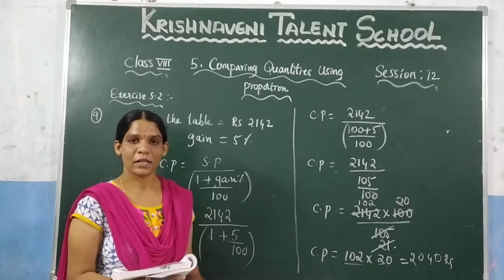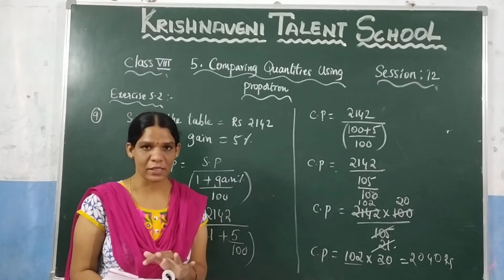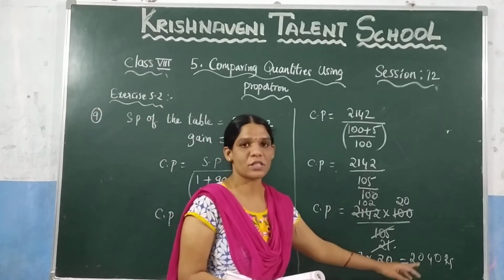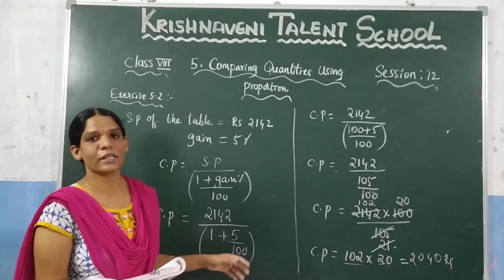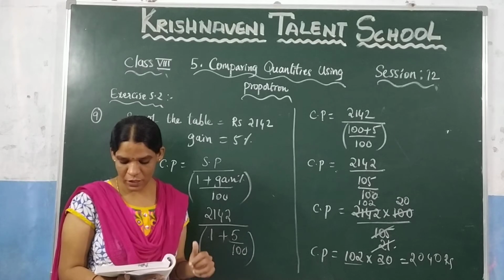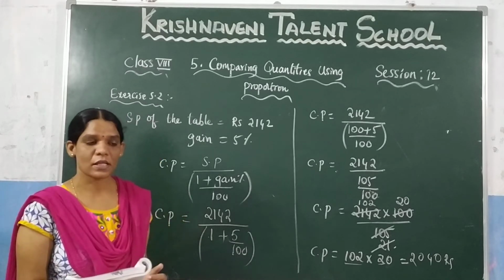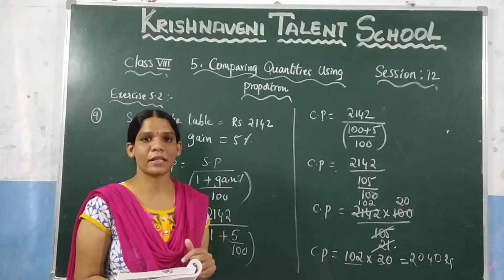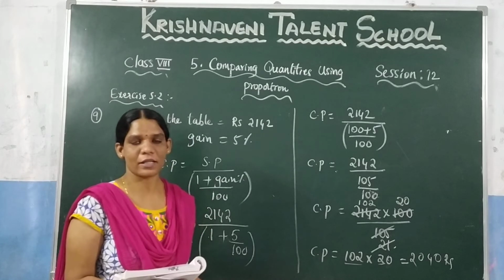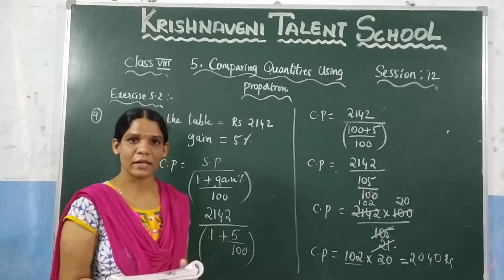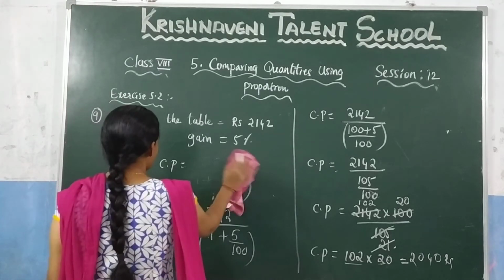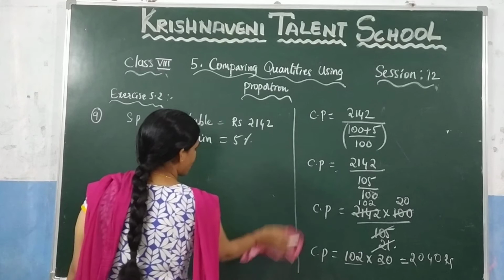You need to calculate. That means here they have given the gain percentage, and you know the original cost price of the table, which we have just calculated, which is 2040. Now you need to calculate the selling price, because they asked at what price it should be sold to gain 10%. That means if you want to get 10% gain on the table, at which selling price you need to sell, you need to calculate. So let us do that one. Now from this we got the cost price of the table.